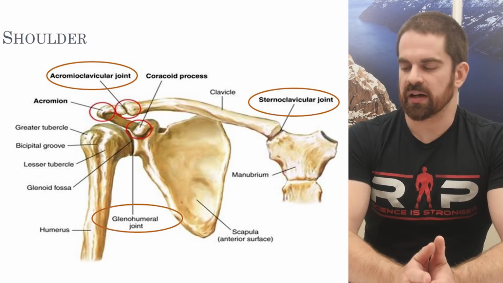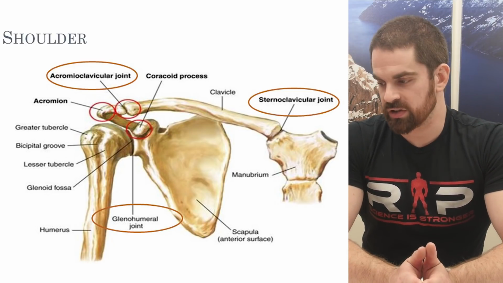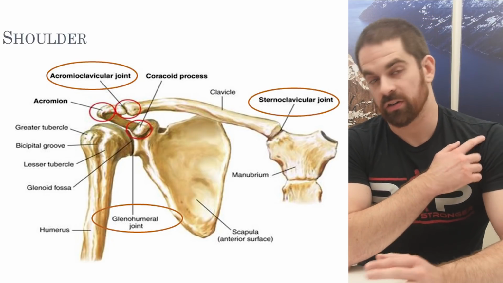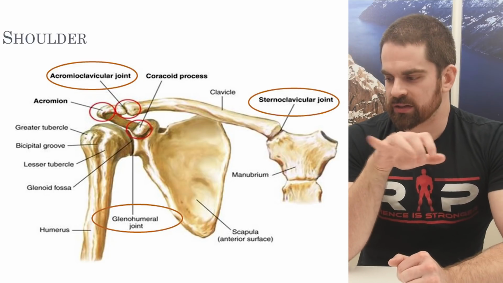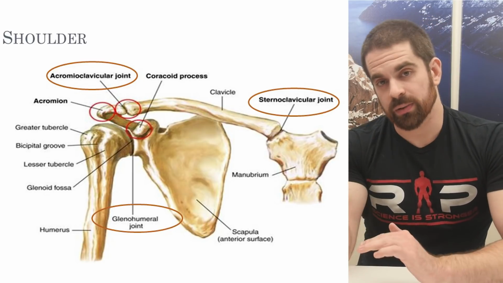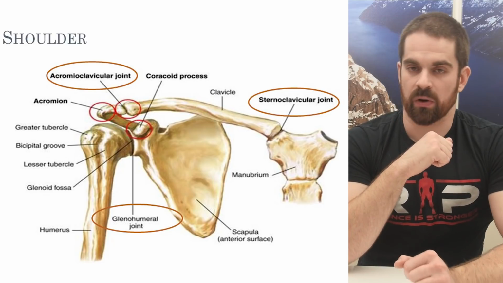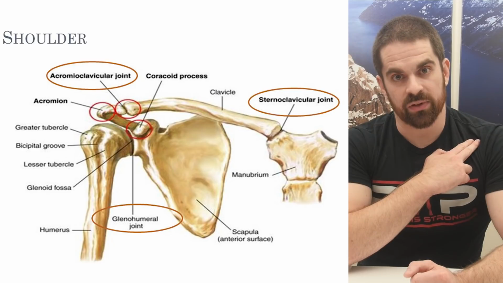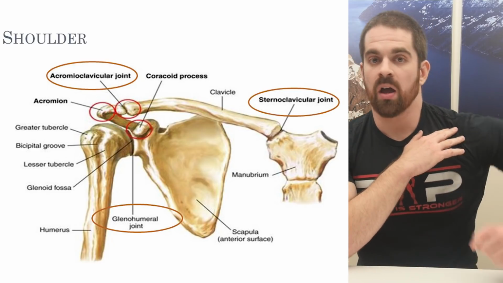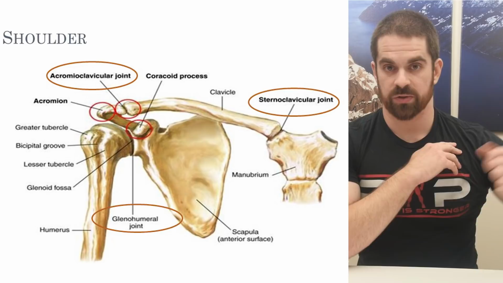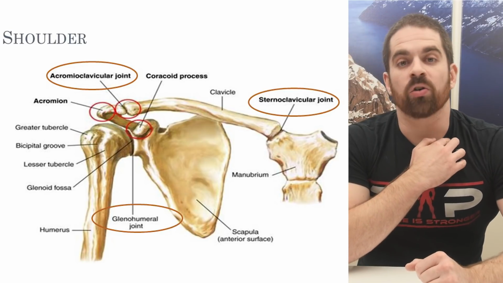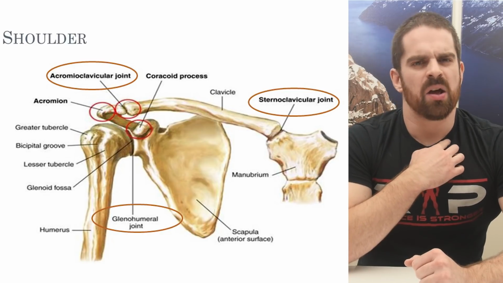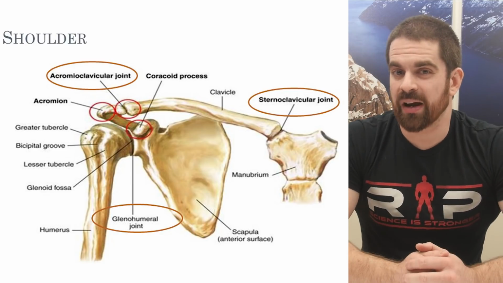On the opposite side, we have the acromioclavicular joint, which is where the acromion interacts with the clavicle. So acromioclavicular, acromion, clavicle. And then last but not least down here, which we're going to talk about a little bit later, is the glenohumeral joint, which is where the humerus, or the arm bone, interacts with the glenoid fossa of the scapula. This is going to be our nice ball and socket joint where our arm will be able to rotate around and do all sorts of cool movements. The other joints in here aren't quite as mobile, obviously, as you probably have guessed. The sternoclavicular joint and the AC joint don't move around too much,